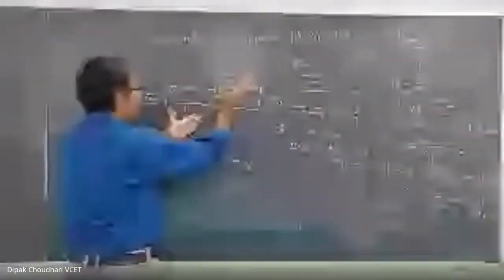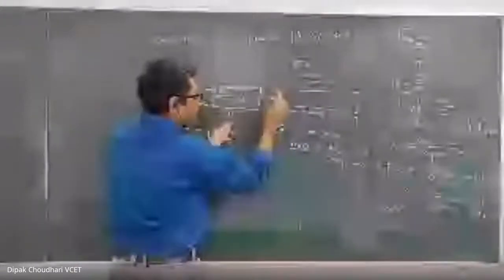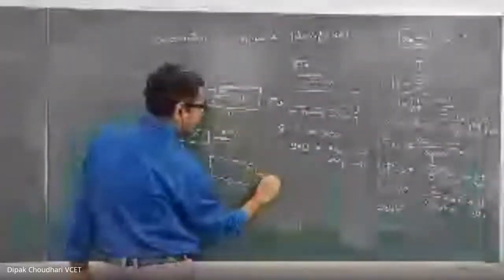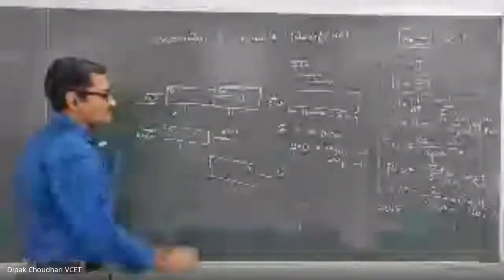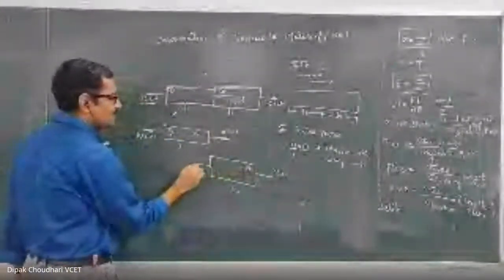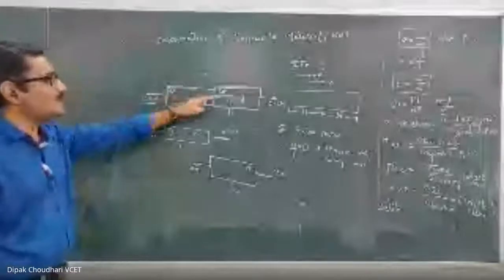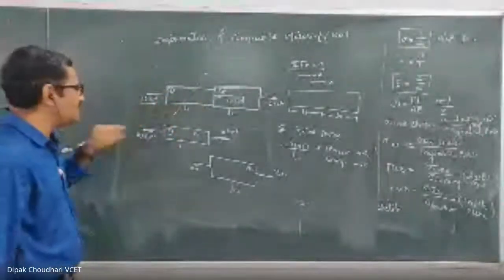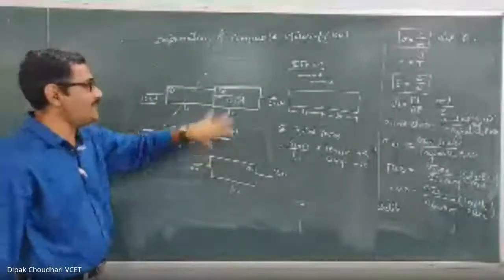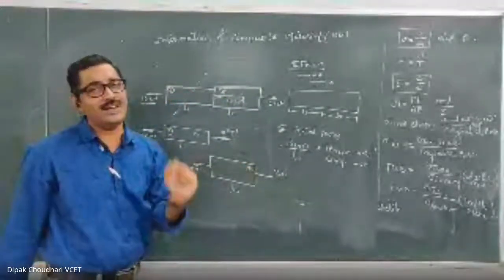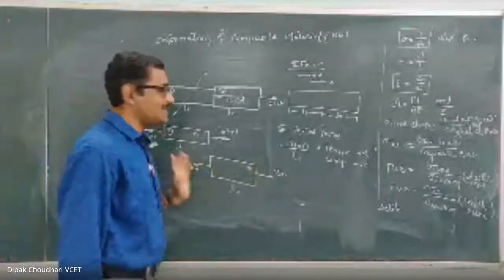Summation of forces on any one side of the section. So if I take the algebraic summation of the forces on right side of the section, on this part 2 on right hand side there is only one 20 kilonewton tensile force, so show it 20 kilonewton, and to balance this here also 20 kilonewton. Means this first part is subjected to an axial force of 10 kilonewton tensile, and second part is subjected to an axial force of 20 kilonewton tensile.